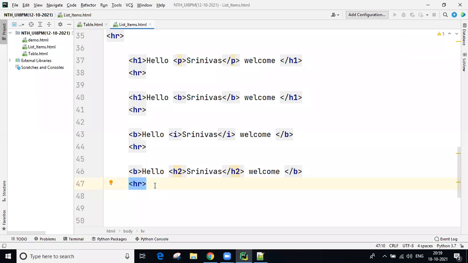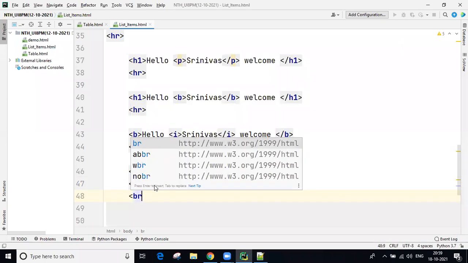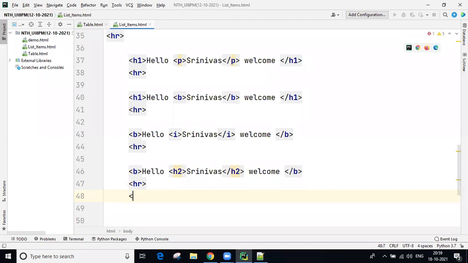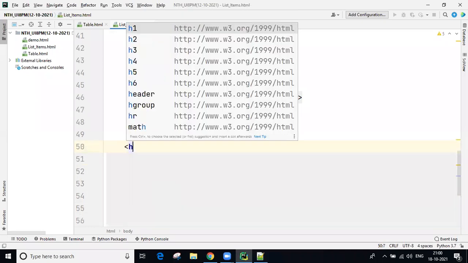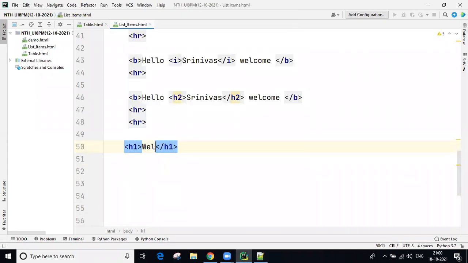Because of HR you are getting a horizontal line, because of BR you are getting a row break, guys. So you can observe, all people, here I'm taking two HRs, just to get two horizontal lines. Okay. After that, one line I'm writing here: Welcome to Srinivas.